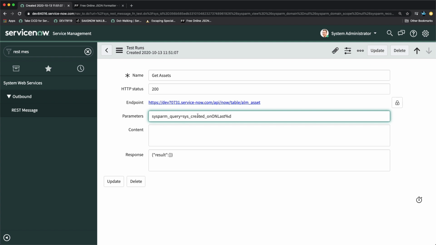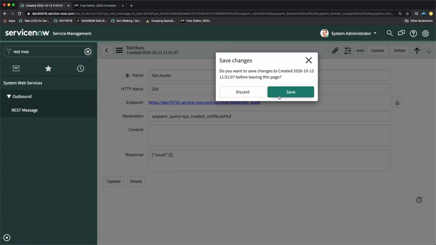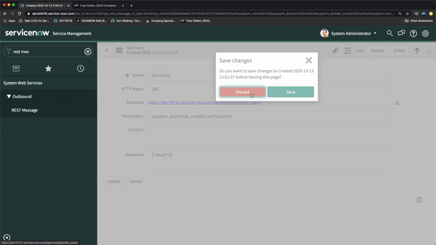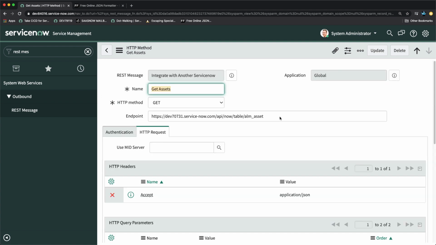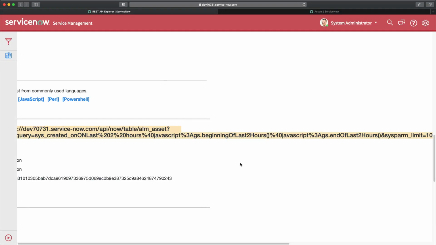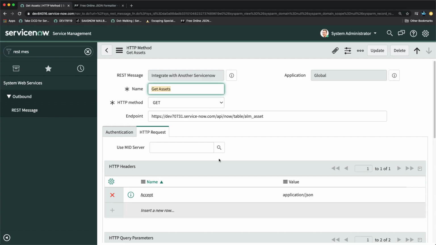But that's fine. Overall, we know that we are getting the response, and we will resolve it, because we don't need this test over here. I just wanted to test whether we are able to get the response or not. So I will just discard it, and I will come over here, and I think we can just go to our instance again, and I will just copy the whole parameter again. So I will just copy this one till maybe here, copy. I will go over there,